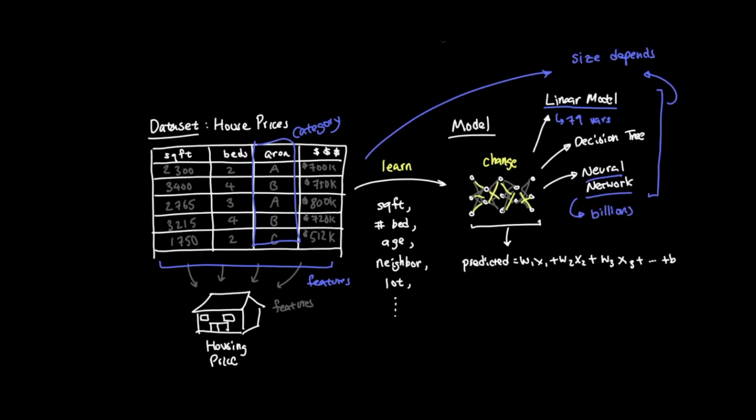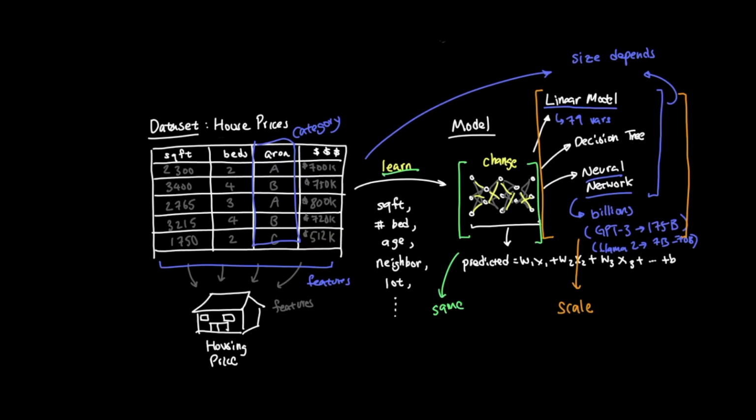Then at the other extreme, modern AI models have billions of parameters. GPT-3 has 175 billion parameters, and Meta's Llama 2 models were released in 7 billion, 13 billion, and 70 billion parameter sizes. The scale is completely different, but the core idea is still the same. Parameters are the learned internal values that shape the model's predictions.